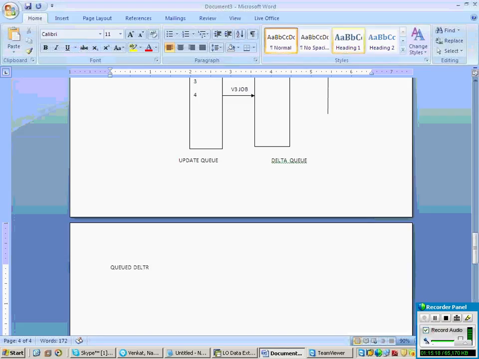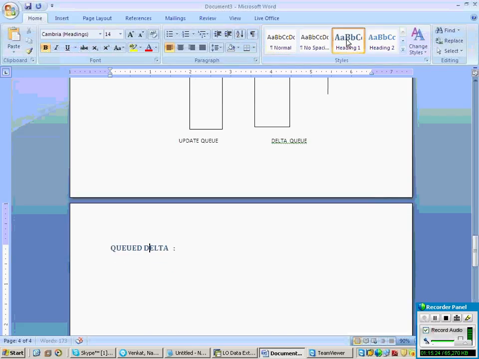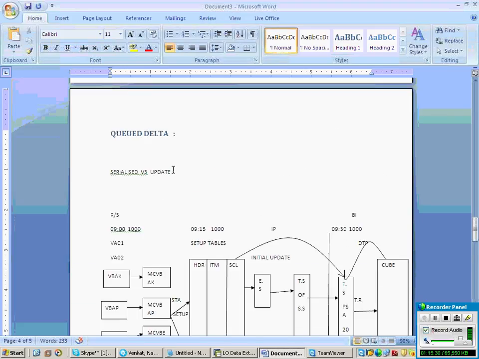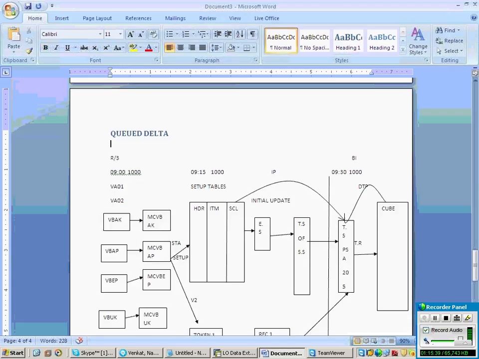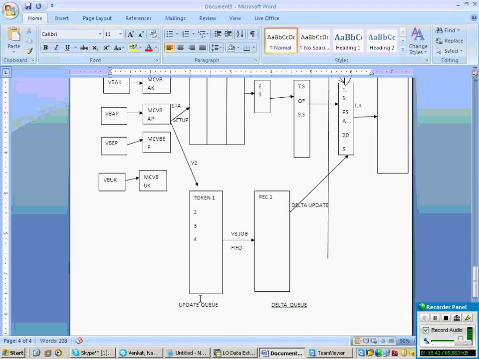So what is going to happen now? The same thing again. Your LUWs will now be in your extractor queue. Where it is updating, the T code is LBWQ, same thing. Now how many tokens are there here? Right. So now you have to run a